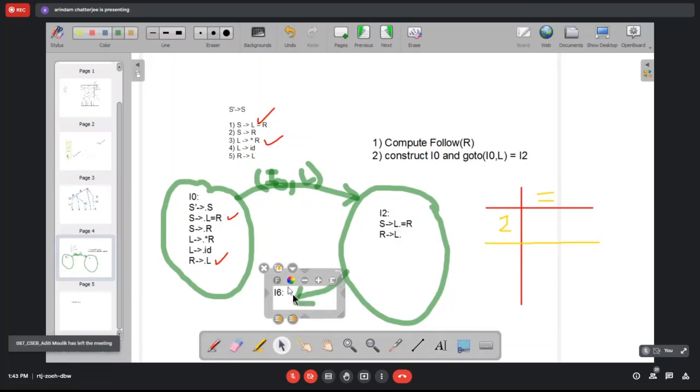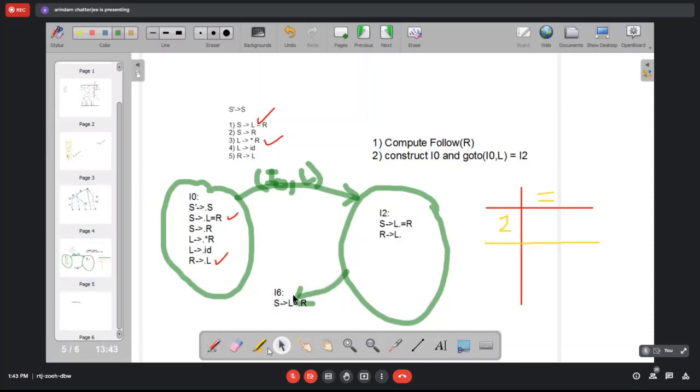I6 should have S producing L equal to dot R. And this is nothing but go to I2 comma equal to. So I2 comma equal to is I6.